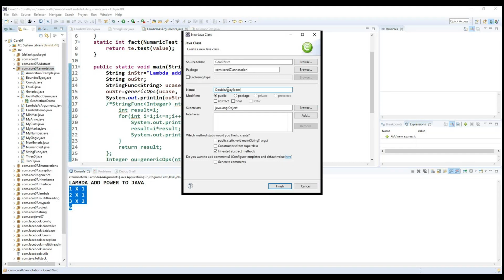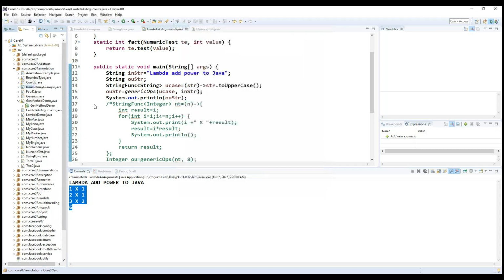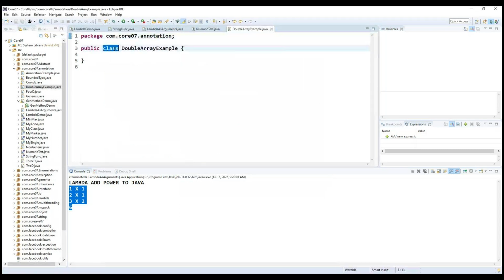Double array example. Basically, it is not a class. We need to convert it into the class interface type. Okay, now I converted. This is one of the functional interfaces. Now what I'm doing here, I'm trying to convert it into double. So if you can see the name of the function, and internally it is expecting a double array, something like